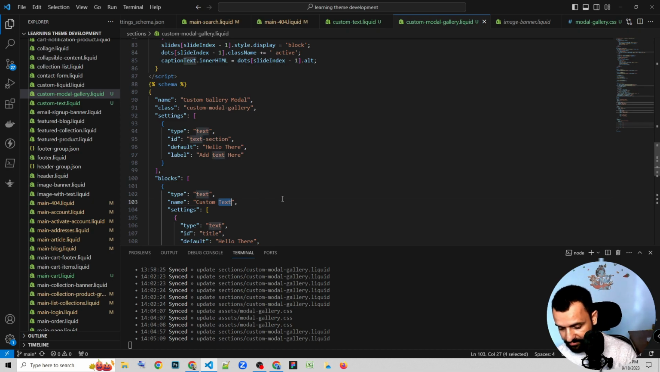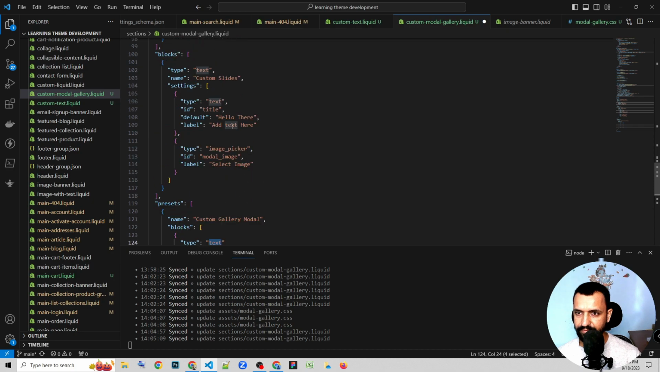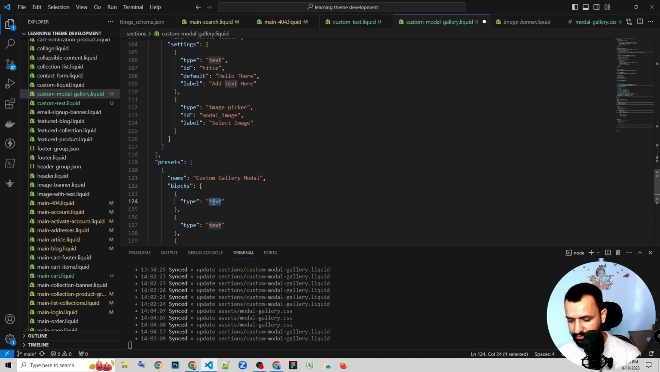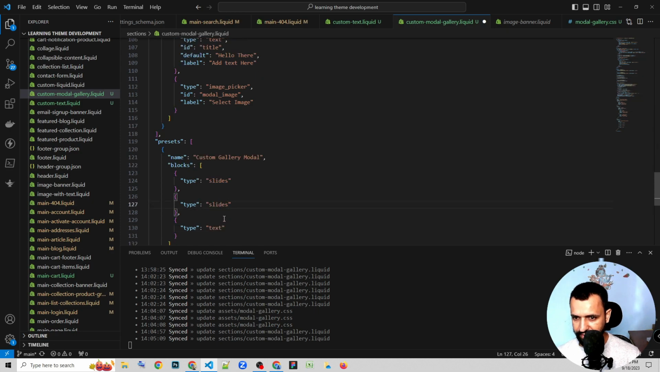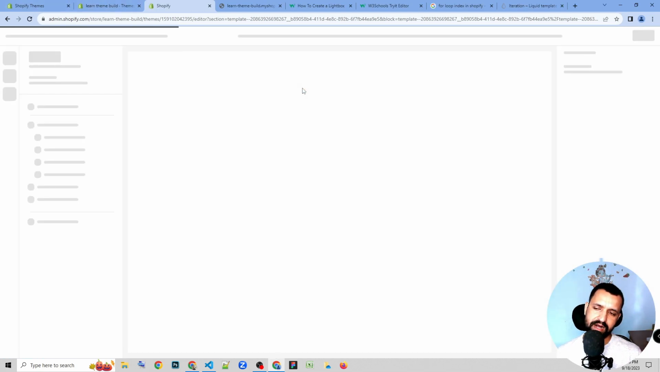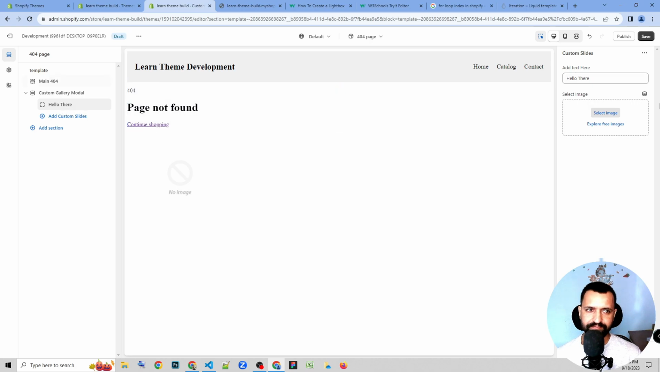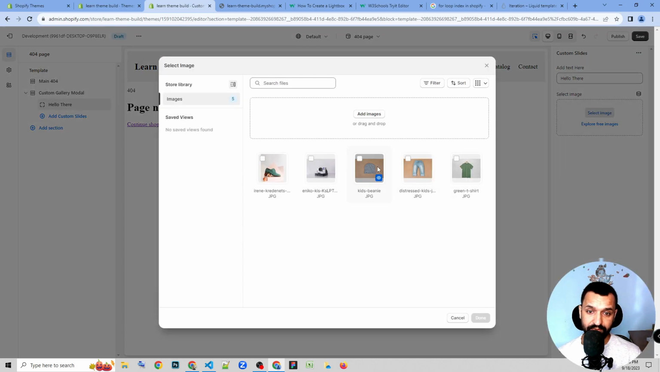So let's see, custom slides, make it slides, and we'll name it as slides. That's more relevant over here instead of text. So save it and refresh it, and it should say add slide, add custom slide. Now we can add any number of images. Yeah,